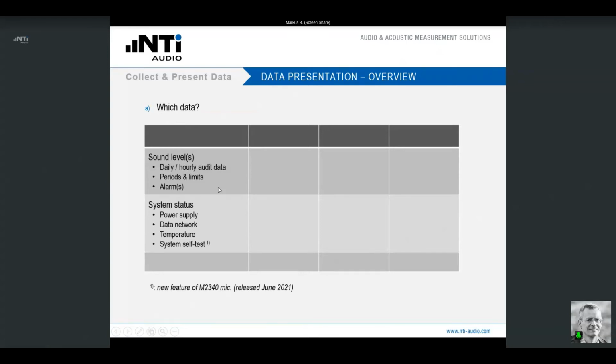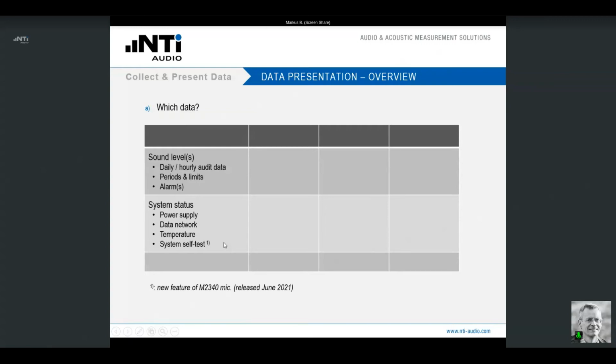The system status is another bunch of data that are available, covering the power supply status, the data network that is used, the temperature in the noise monitor, or also the data from the system self-test. This is, by the way, a new feature which is connected to the M2340 microphone, a new product from NTI Audio that has just been released.